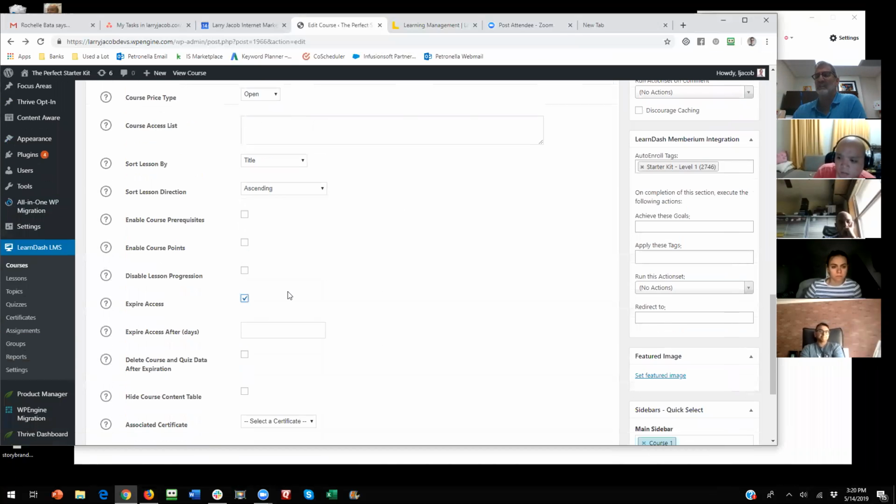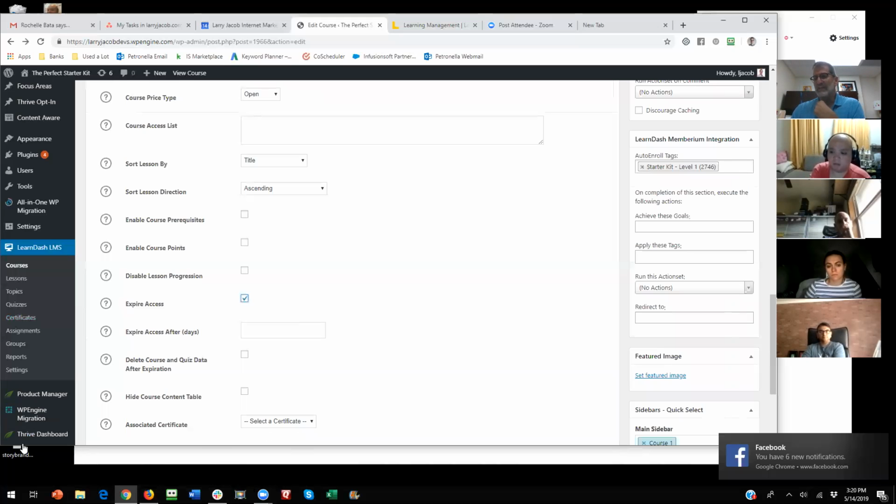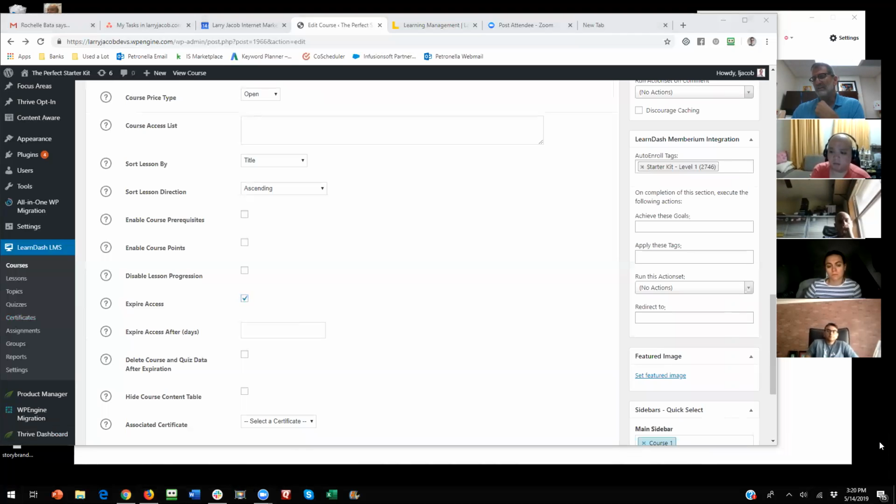Again, LearnDash has a lot of features. Because of my bias towards Infusionsoft and Memberium, I try to put as much into Memberium as possible and not into LearnDash. That's just my bias. But the one thing to keep in mind, if you're ever moving a site